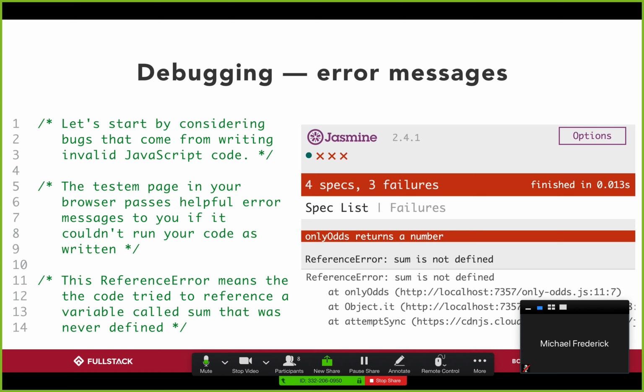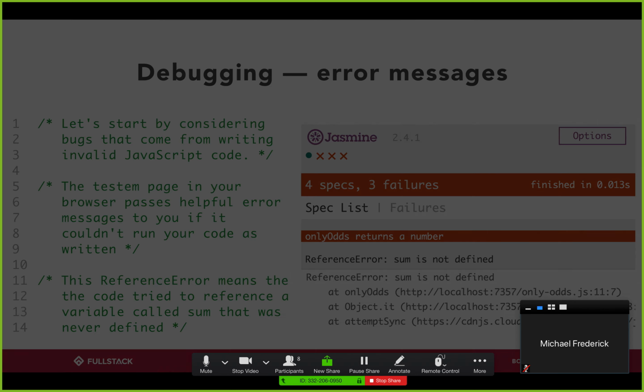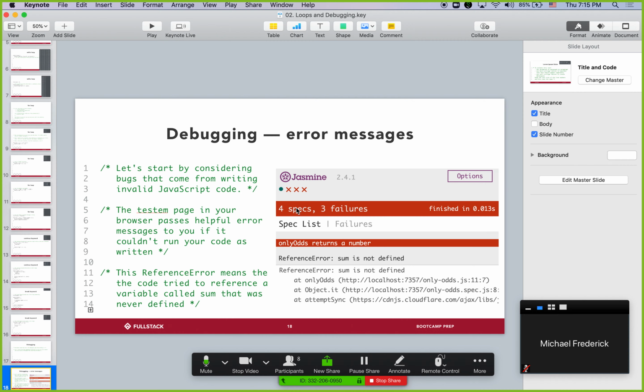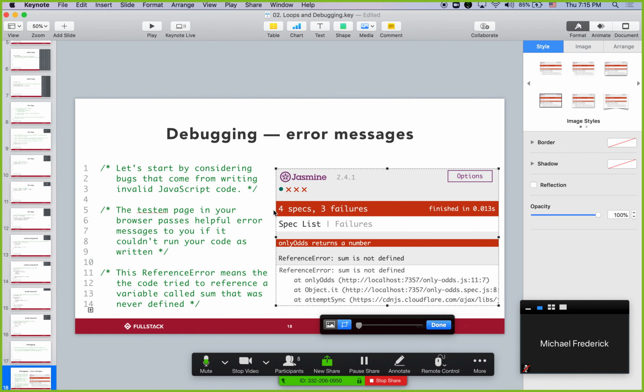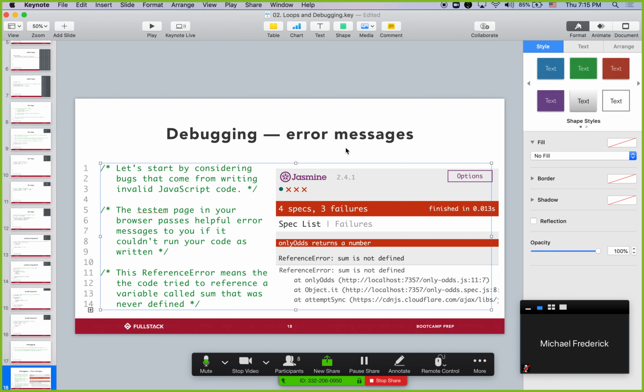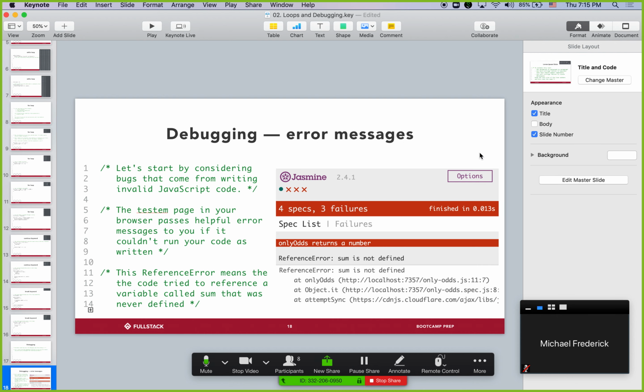Just a quick run-through here. I'll exit out of this because I use my cursor here. So this part here, the 4 specs 3 failures. 4 specs just means how many tests there are, and failures is the number of tests that have failed. Here on this red line, this prints out the description of the error that we give you, right? In this case, we're testing: does this onlyOdds function return a number? And you fail that test, which means it did not return a number. And then when we look at what the error says,